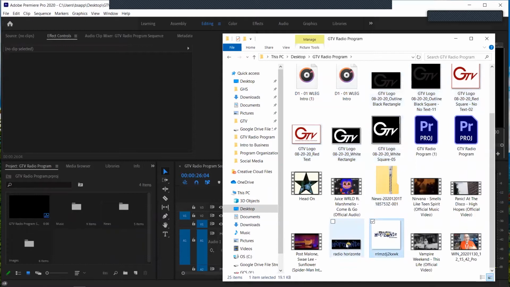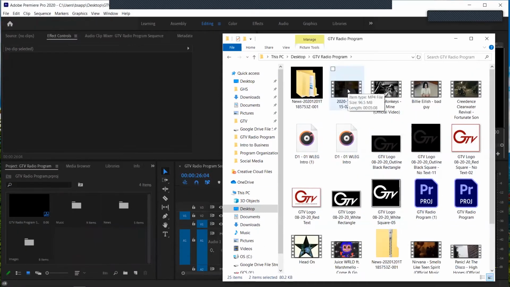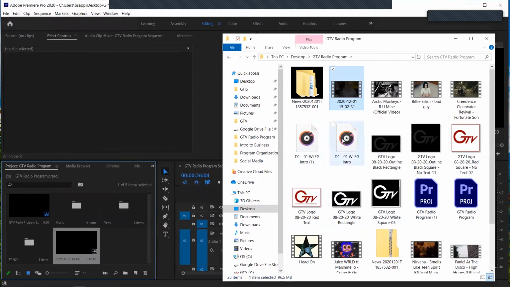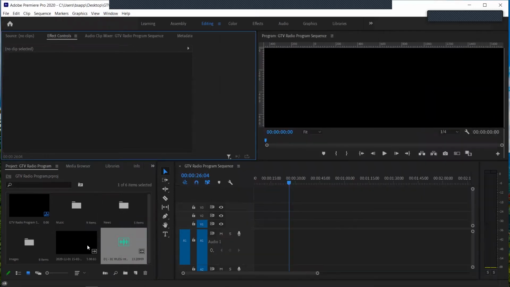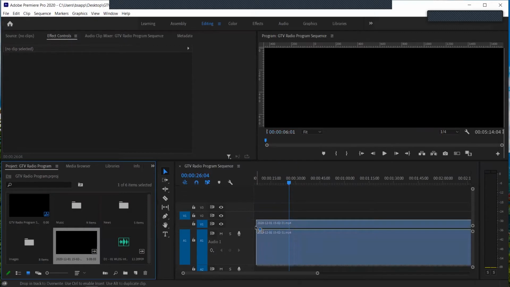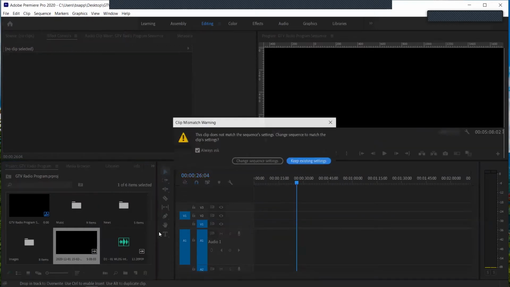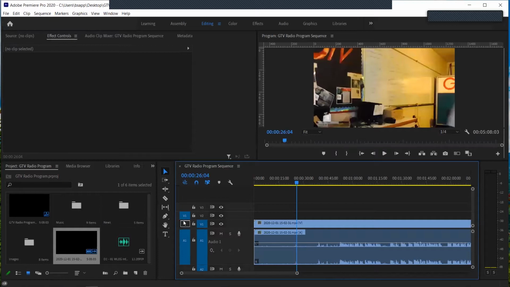Next, we need our graphics for the Radio Horizonte. And then I'm going to drag my narration and introduction track in, and then the intro track for the Radio Horizonte intro at the beginning. And we're going to start by putting in the narration track. You want to keep the settings. And the first thing I'm going to do is